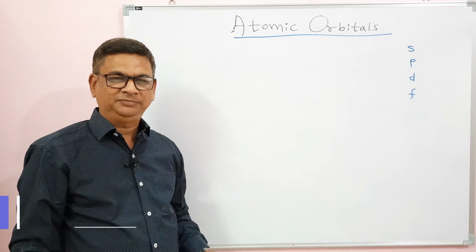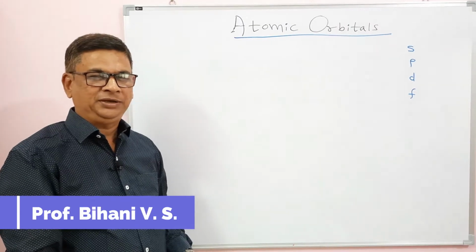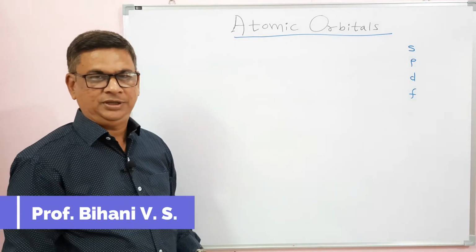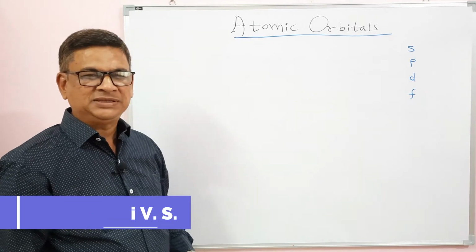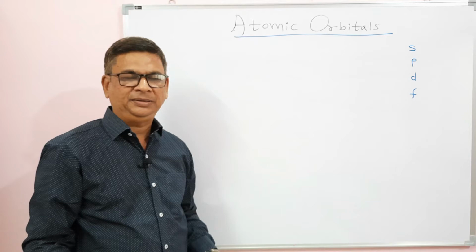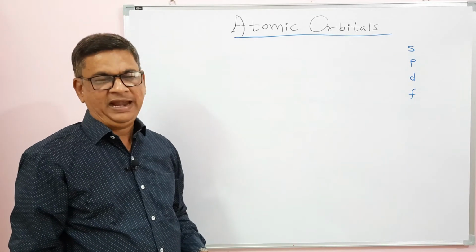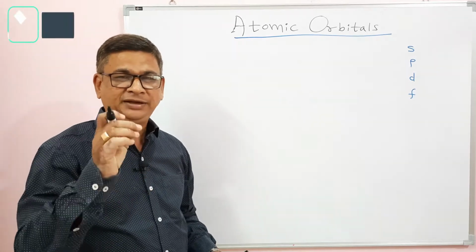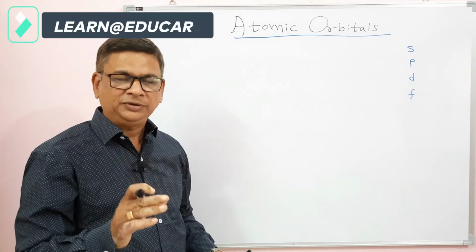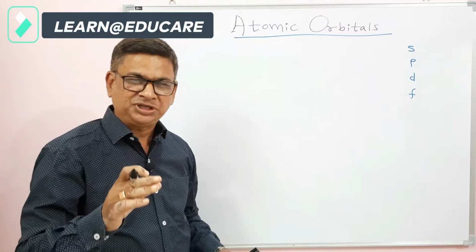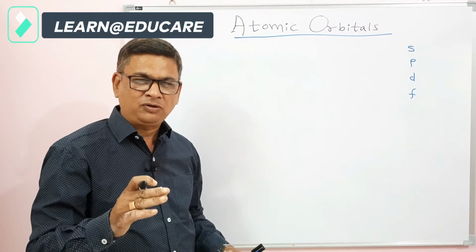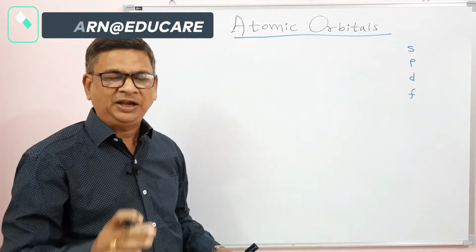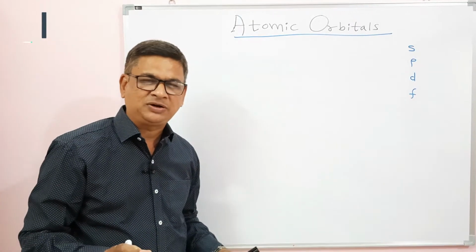This is Vinod Bihani and we are going to study in today's concept about the atomic orbitals. Now, as we know, atom is the smallest particle present in every element and element is divisible into nucleus and electrons. We already know nucleus contains nucleons, that is protons and neutrons. But what about those electrons, whether they are at one place or revolving at different places? Actually, they are revolving in different shells and subshells, or what is called orbits.